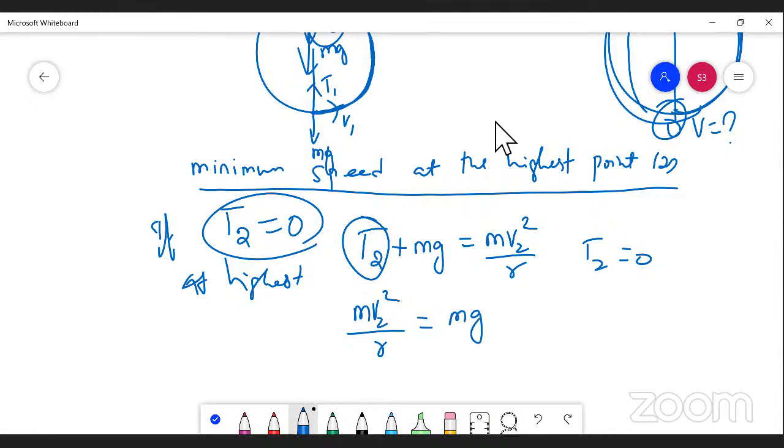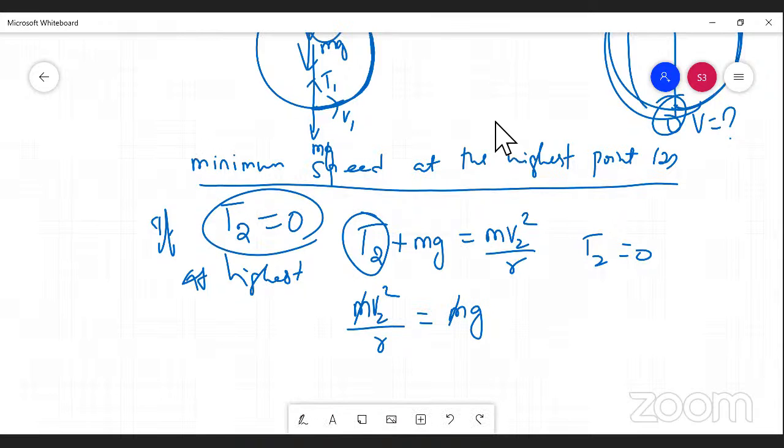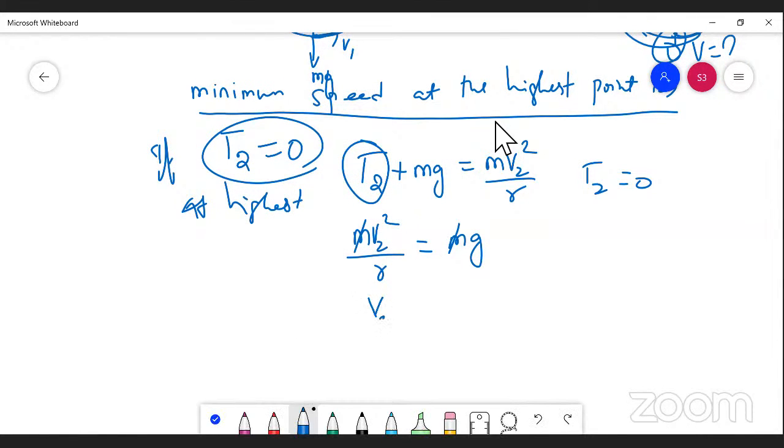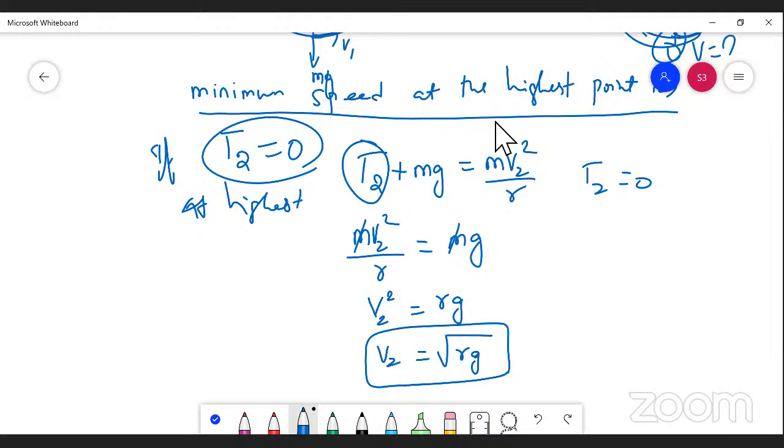So m cancels. V2 squared is equal to RG. V2 is equal to the square root of GR. Am I right? So for the bob to complete the circular path,